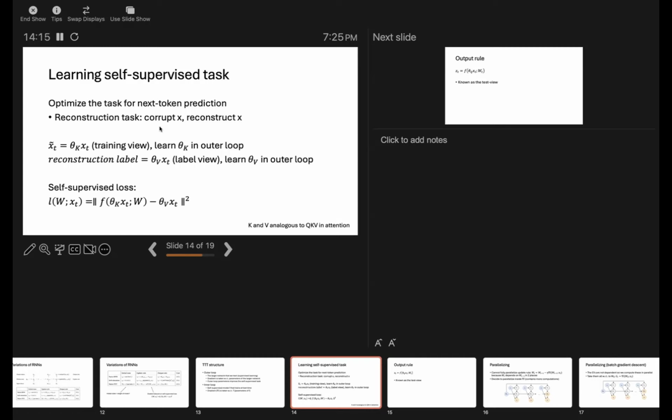This might be a dumb question, but why do we need a theta V label? Why not just try to reconstruct the original? I think it's just a matter of if you try to do more to it, then that increases the cost and time. So they just chose a really basic self-supervised task here. You could do more. As far as, wouldn't reconstructing the input x of t be an easier task, or maybe adding an extra